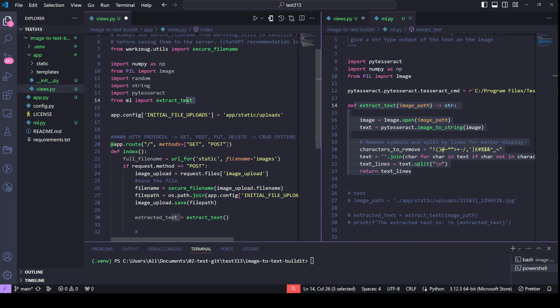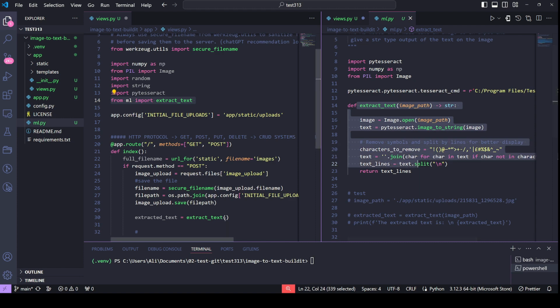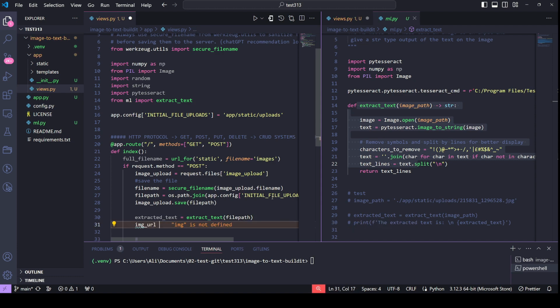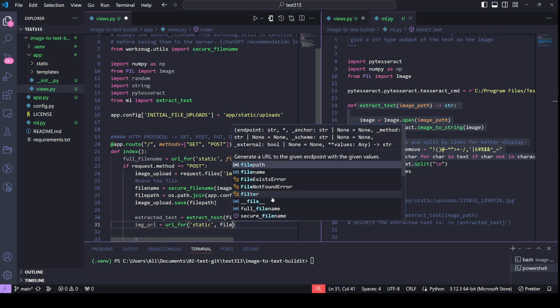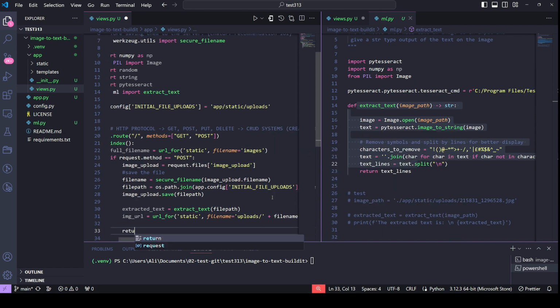If you remember earlier, we wrote this line here, and this line invokes the usage of this particular function from our ml.py file. So we'll pass the file path for the image, and we want to have the image URL for static. We'll give it the file name uploads plus file name,